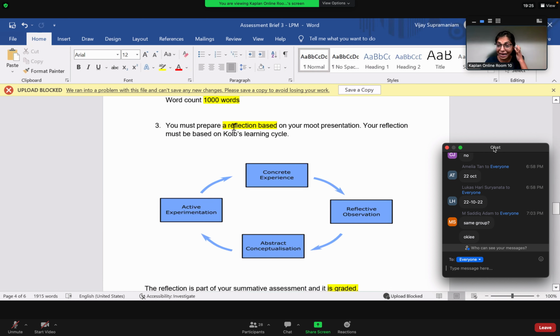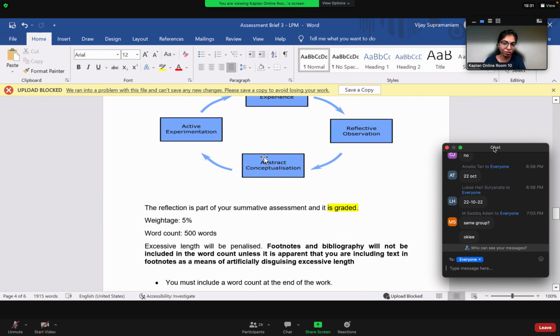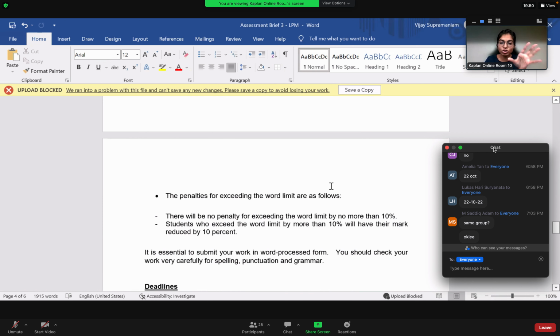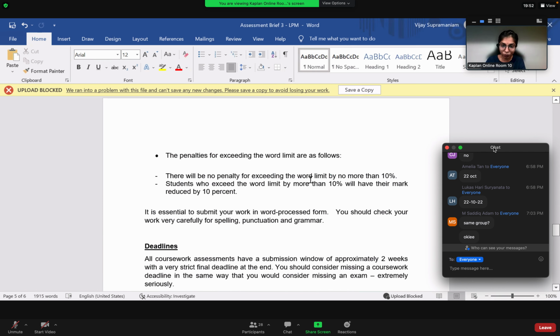So therefore, technically, participating in the moots is mandatory, otherwise you cannot do your reflection. Do you see here? Okay? Like all assessments, you have 10% plus minus, 10% extra word count, 10% less word count here. Okay? All the skeleton arguments, this reflection must be based on your own word count.